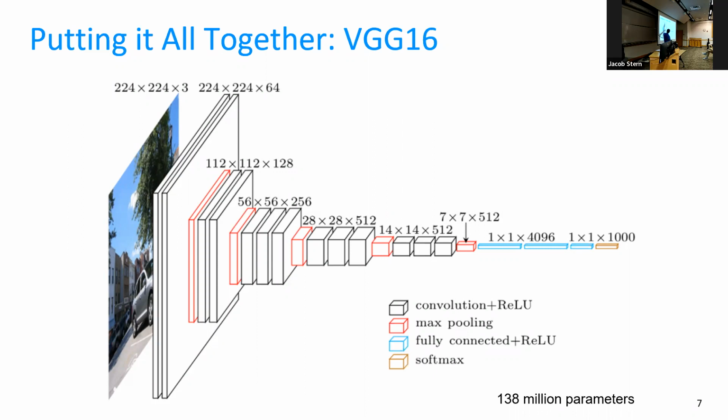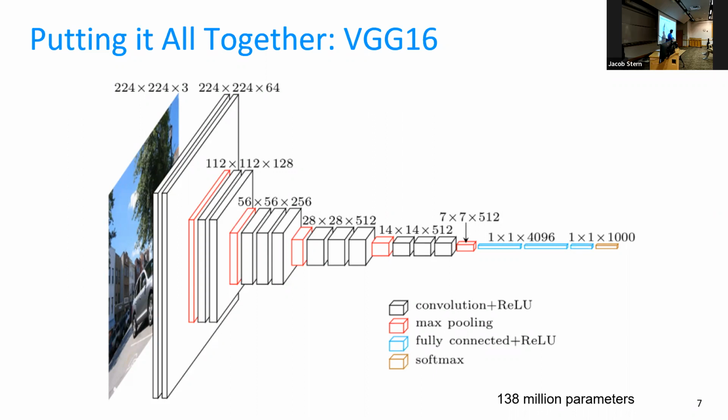That's one possibility. In this case, they actually used a max pooling layer, which we mentioned last time. Max pooling takes all pixels in a square and returns the maximum pixel in that square. And so max pooling is one strategy for reducing dimension, but also increasing the stride of your convolutions has that same effect. You see we gradually shrink the spatial dimensions and increase the channel dimensions until we end up with a 7 by 7 by 512 activation map,